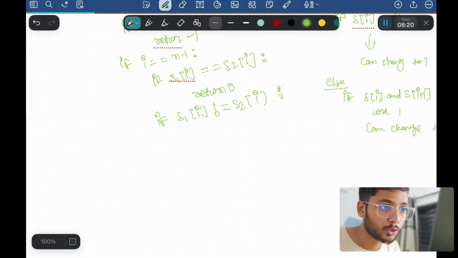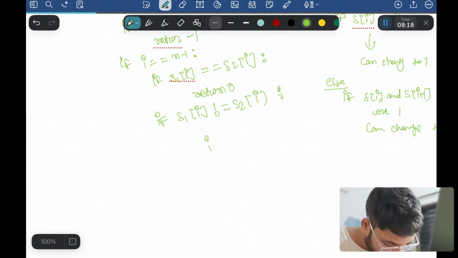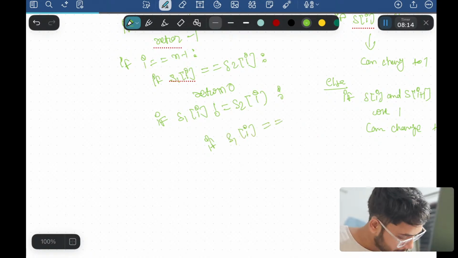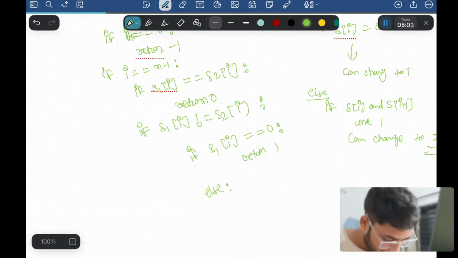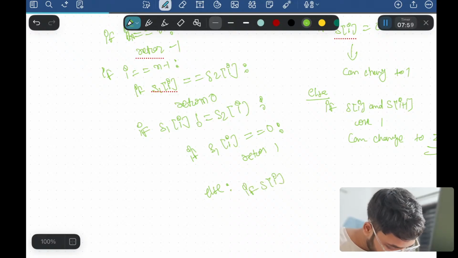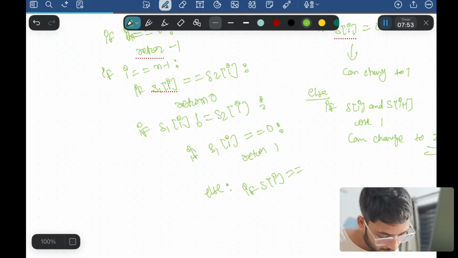And if both are not equal, then I will say if S1 of I equals 0, then simply return 1. Else there are two options. If S1 of I equals... okay, if it is not 0, then